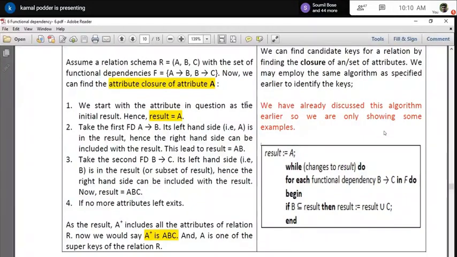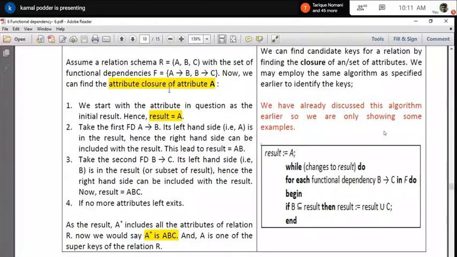You will consider the functional dependency where the left hand side is an attribute that does not appear in the right hand side of any other FD. So in that sense, here I can choose A, B, because A is not appearing in the right hand side. Just see, in these two, A is not appearing in the right hand side. So if you want to check this FD, then what do you have to do?